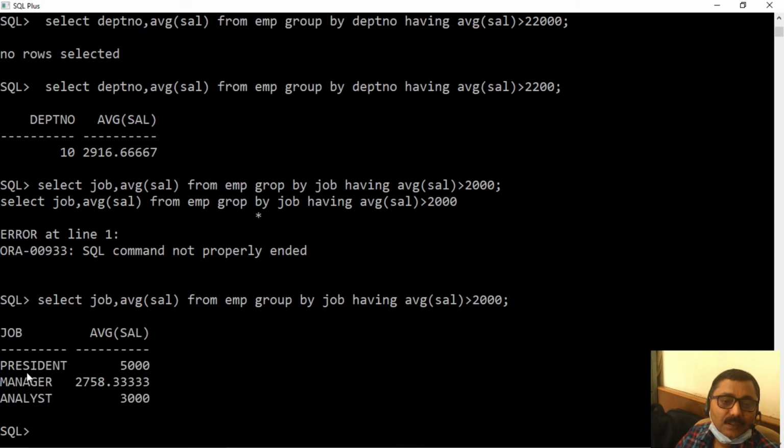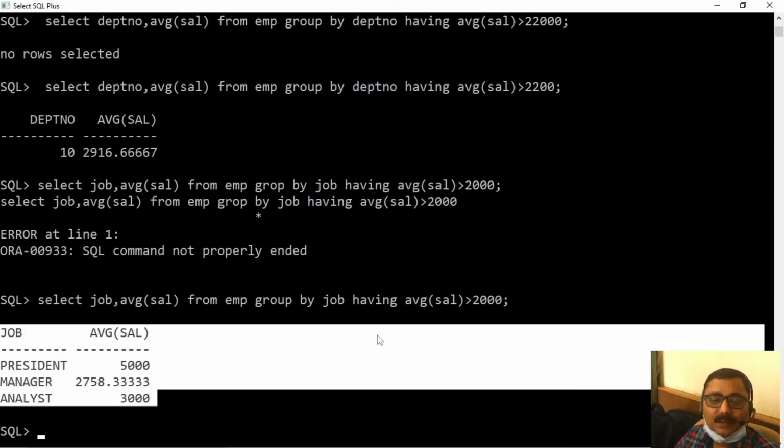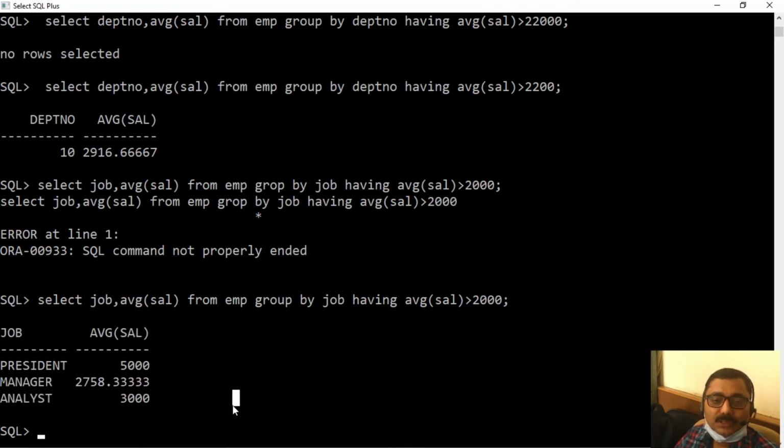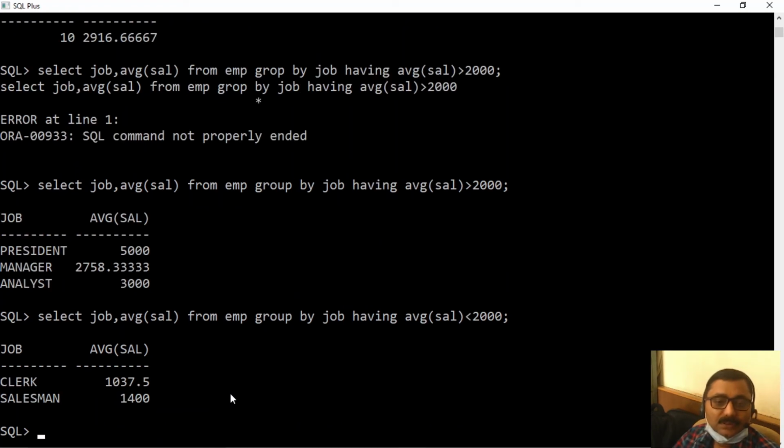See, I'm getting president, manager, and analyst. Only these three jobs are there where average salary is greater than 2000. There could be a question: list out jobs where average salary is less than 2000. It's clerk and salesman.